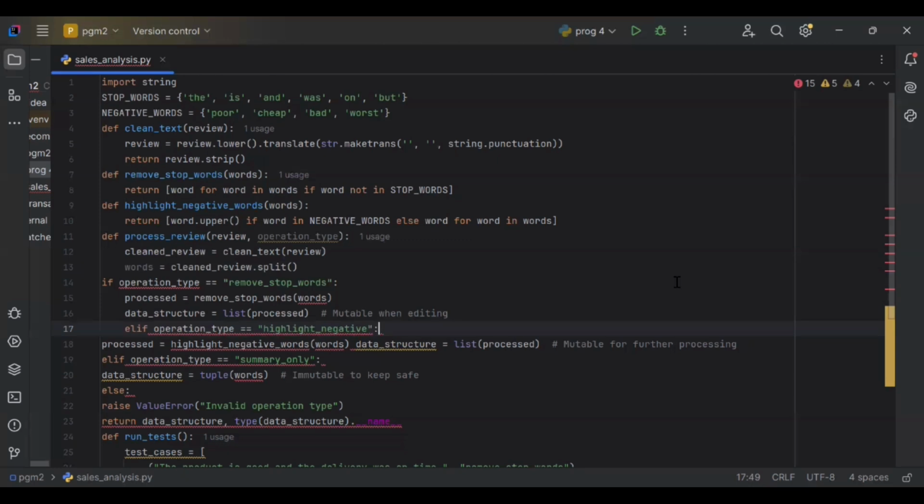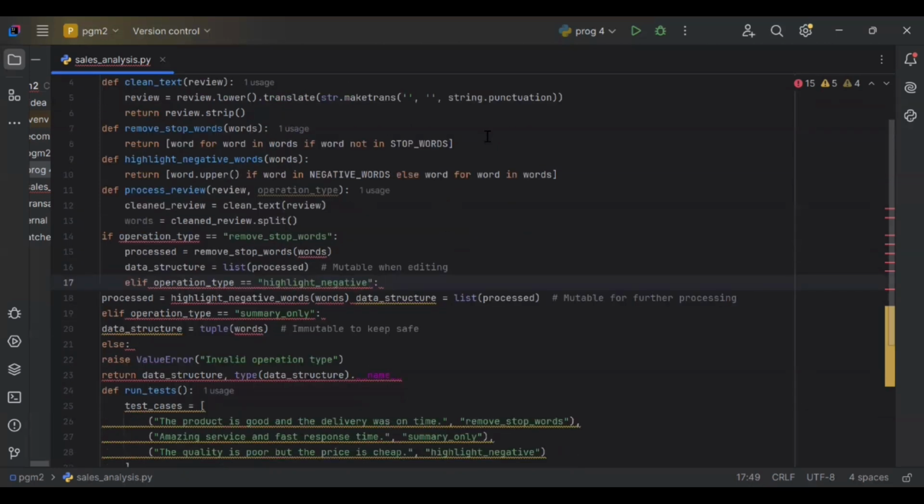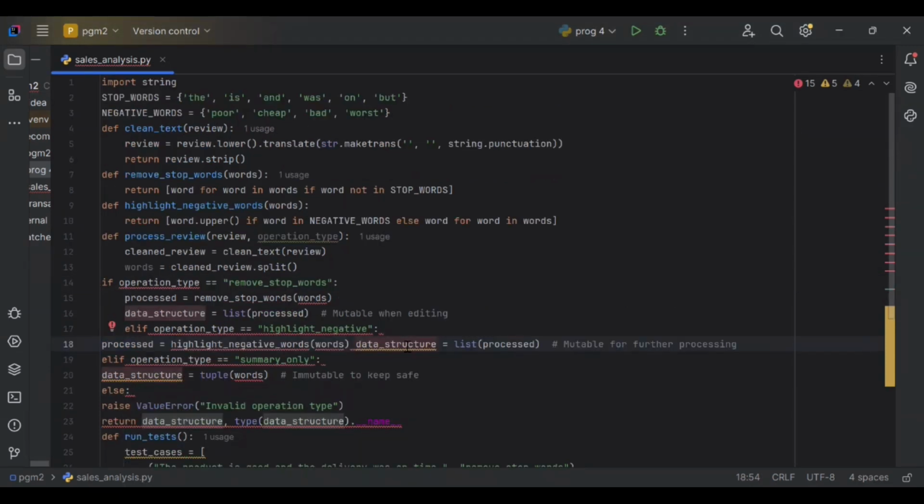So the next code will be continued by my friend Lubaba. Good evening, myself Lubaba. As my friend explained the above code,